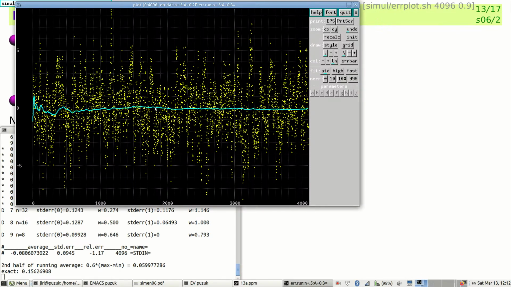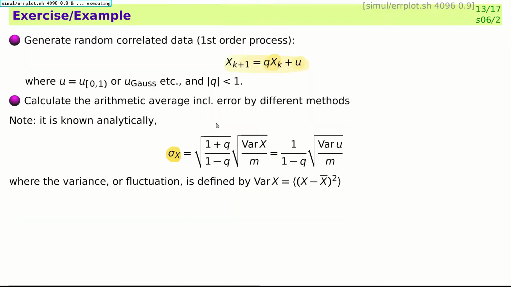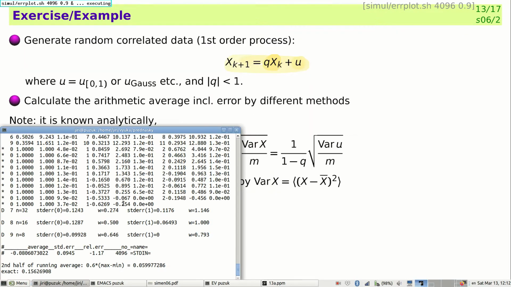So I can do it once again, and again click, and again have a look. How was this? So here actually both methods gave a pretty underestimated value, which is quite typical for few data